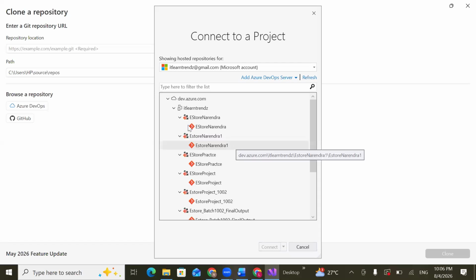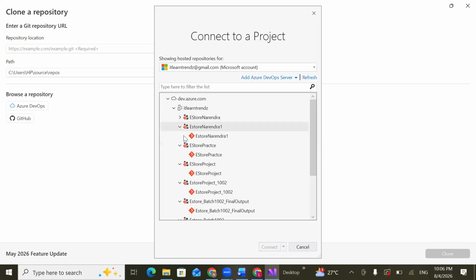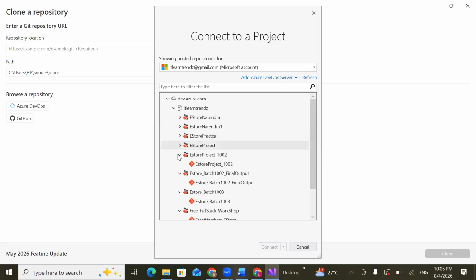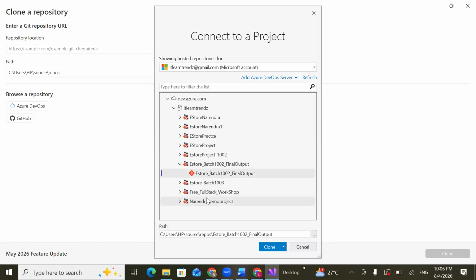See, you got them under the organization. You see these many projects are there. How many projects are there? So many projects are there. So which project is ours? Ours is this one, final output. Click on the Git